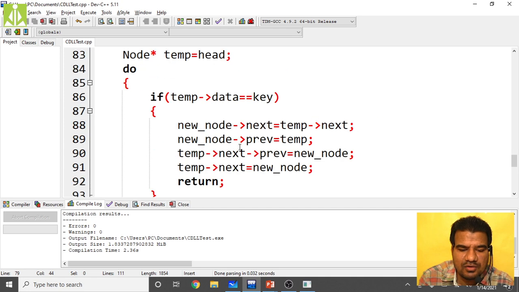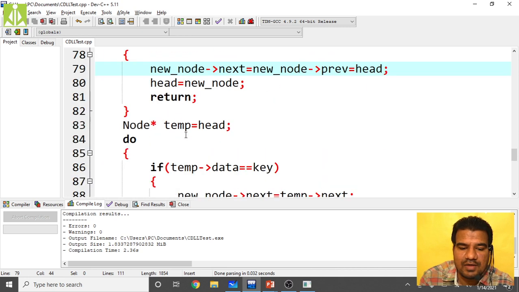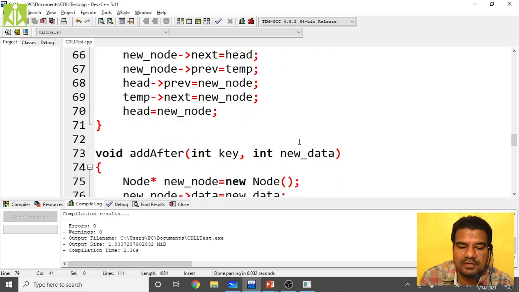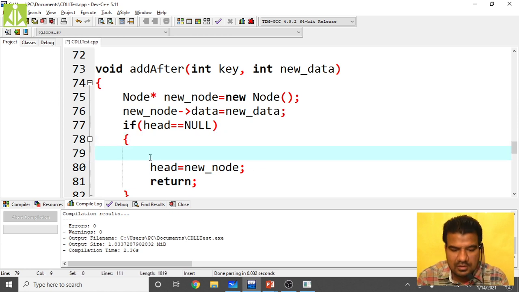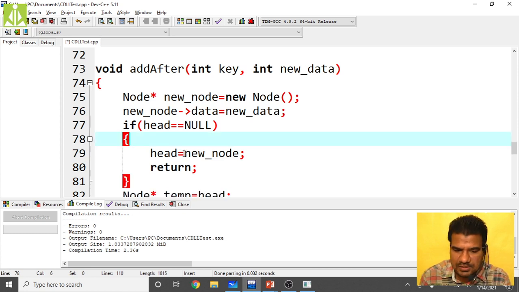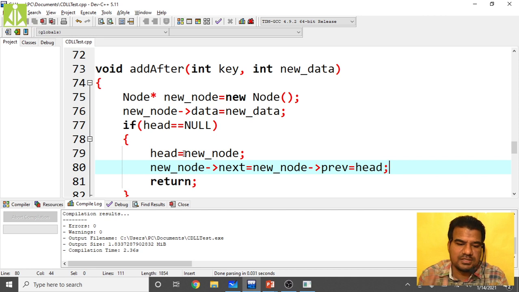Okay, what key value we passed to this function? 5 we passed. 5 is there, right? So we said it to add after 5. Add after 5 and add 30. Correct only we said. So 5 will come over here and 30 will come into this one. So new data, new, this should be here itself. Control X, you remove this. Okay, here you come and enter. Control V, save it. See, errors are obvious.